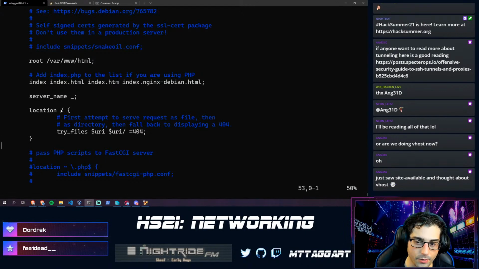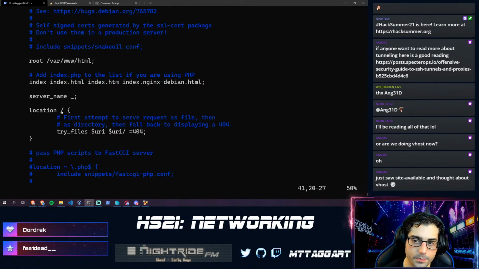And then the location, right? You can set up custom routing inside your web application. Here are your index files that it'll accept. Notice that PHP isn't on here because we haven't set up PHP yet. That's a separate thing. And then this root directive is where you point to the web root on your file